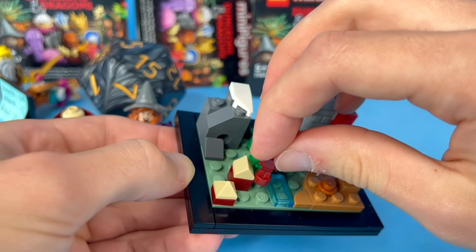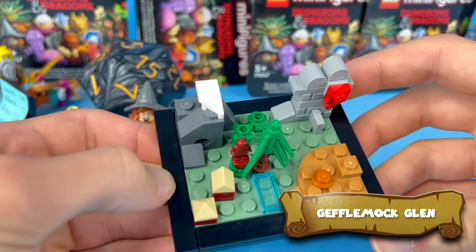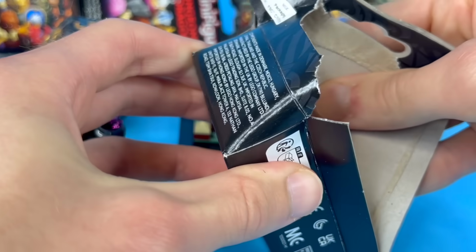So Zast and Tasha continue on their way, and in order to go around the river, they have to go through the Geffelmock Glen, this terrifying woods with lots of monsters in it. Let's see who they find in there. I have a good feeling about this one. It's going to be...